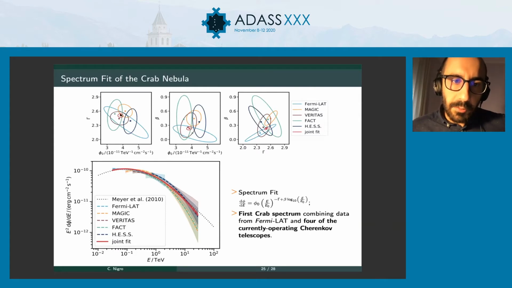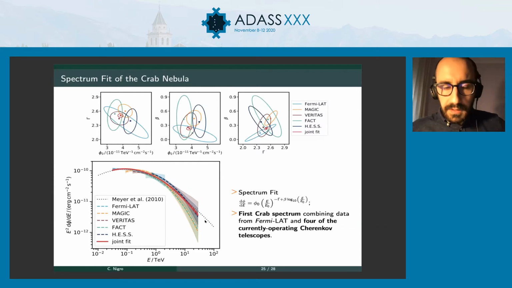And you can see the power of the data combination in the reduction of the contours that correspond to the joint fit, which is indicated in red. So the different colors indicate the classical likelihood analysis performed on the single instruments, and the red one indicates the likelihood performed using the datasets altogether, okay?